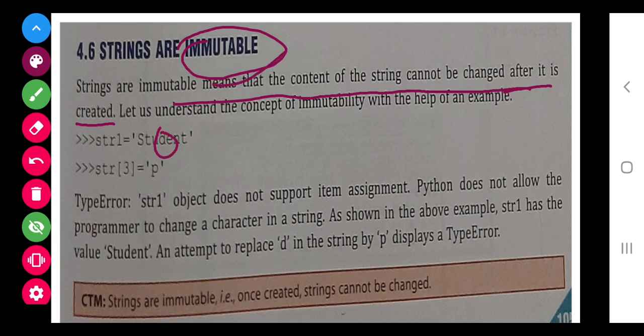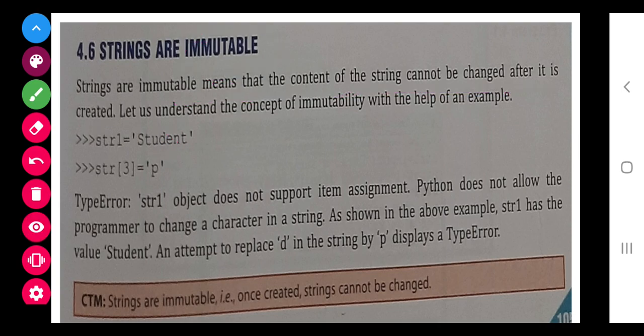Mutable is that part of Python in which a particular thing can be replaced, but here we cannot replace it, so it is immutable. So class, they have tried to change the third character, meaning 0, 1, 2 and 3, they want to replace D with P, so that cannot be done.